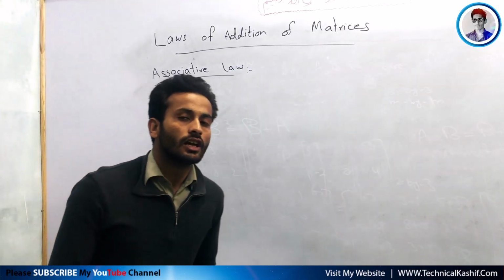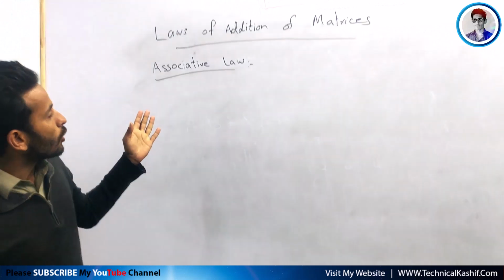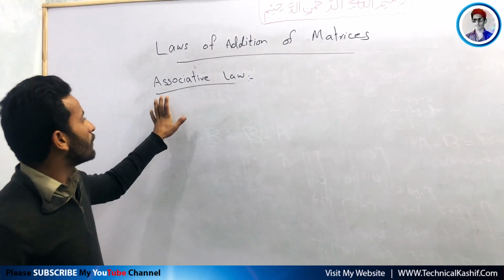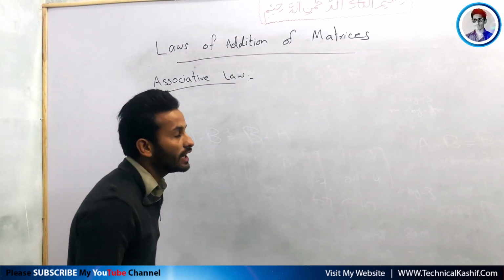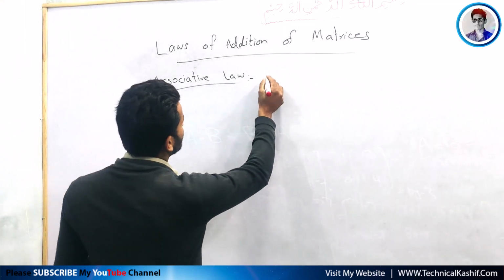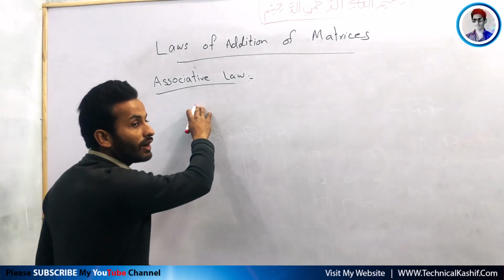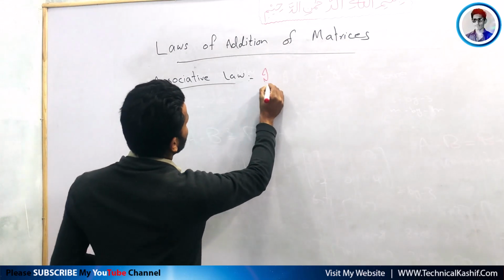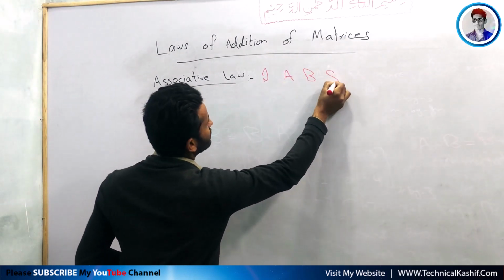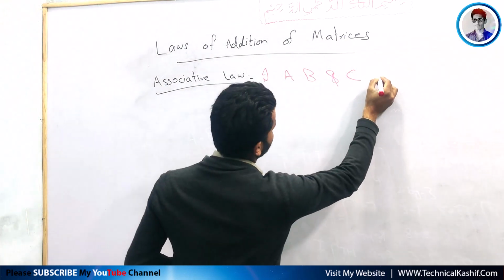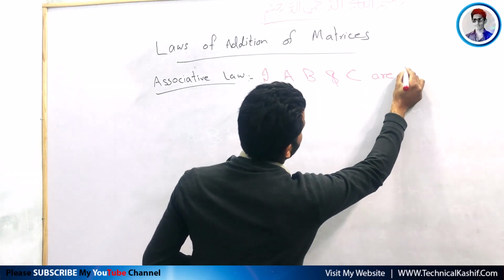Assalamualaikum dear students. In the last lecture we studied the commutative law. Today we are going to study the associative law. What is the associative law? In the commutative law we use two matrices, but in the associative law we use three matrices. If A, B and C are three matrices